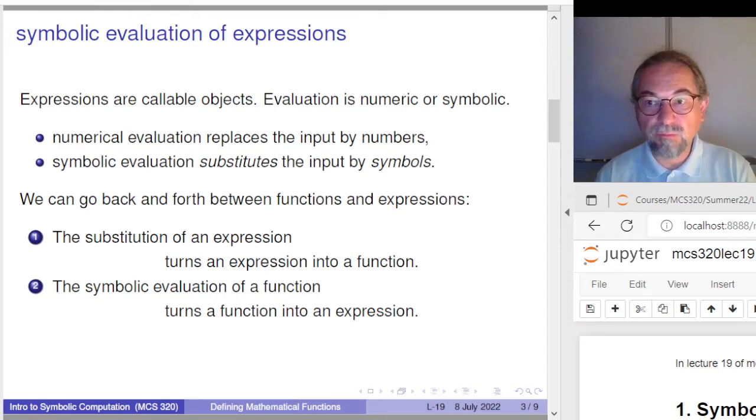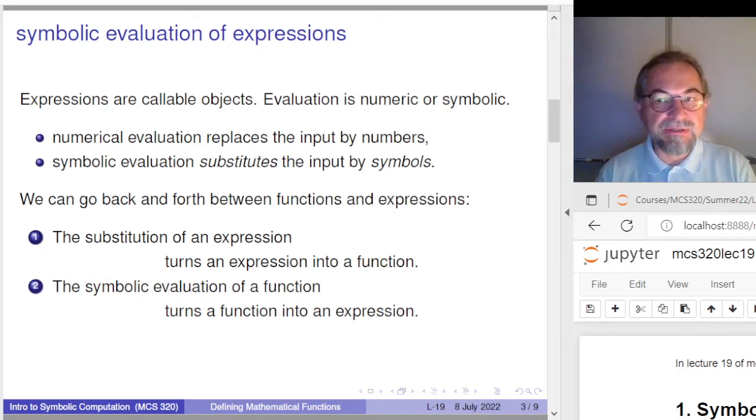That means that we can evaluate them. When we speak of evaluation, we can indeed evaluate numerically, replacing all input parameters by numbers, and then we also get a number on the return. That's what one may think naturally about